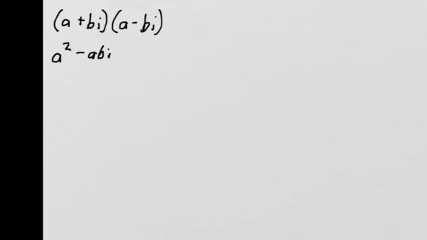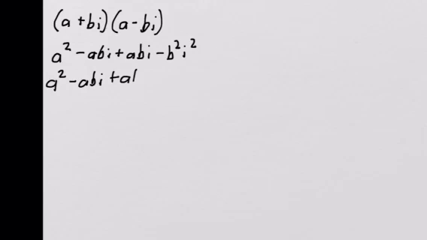The inside terms would give me plus abi. And then the last terms give me minus b squared i squared. But remember, i squared is negative 1, so that's going to be a squared minus abi